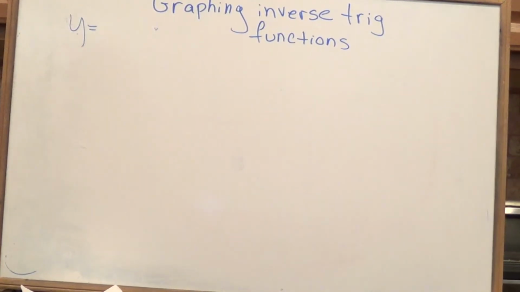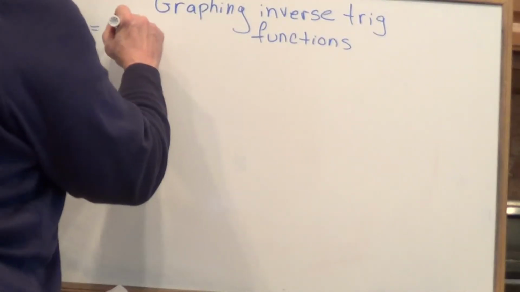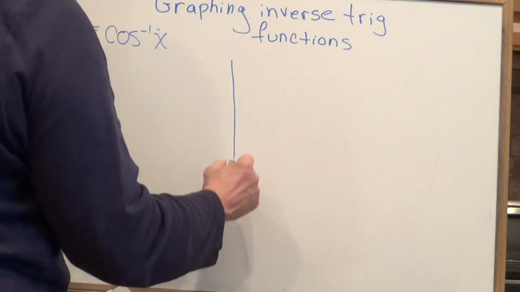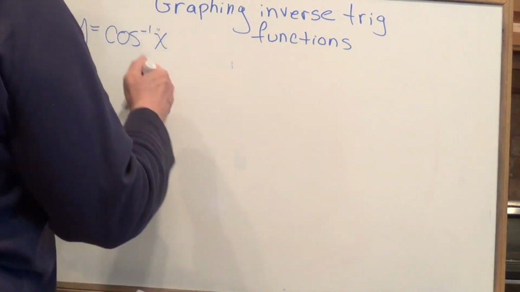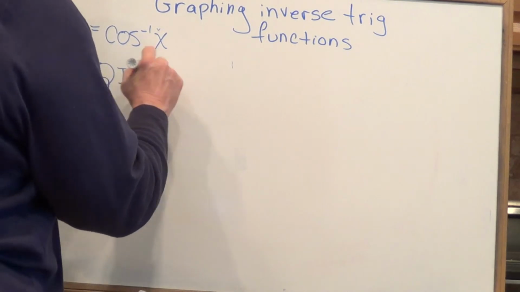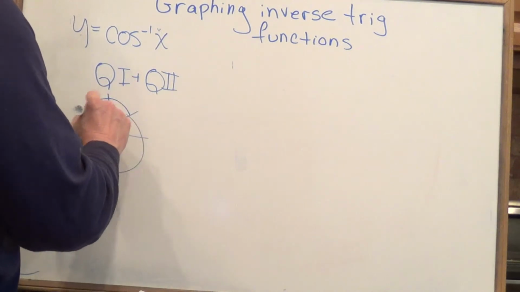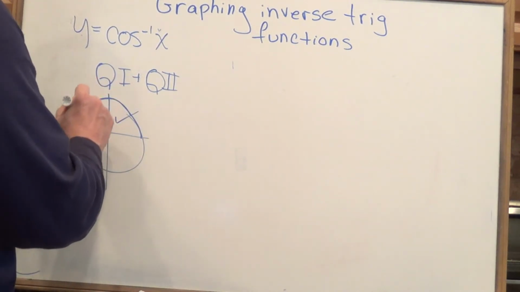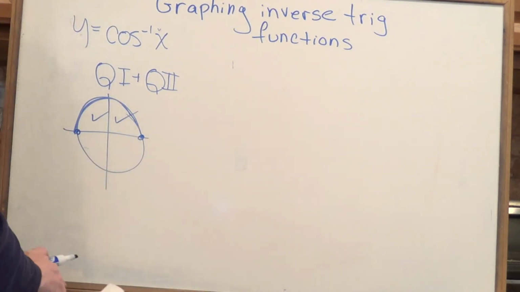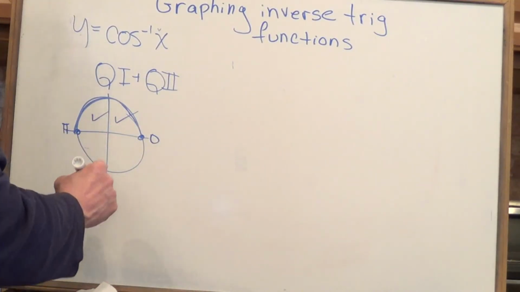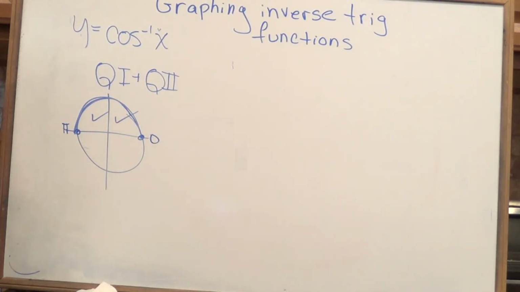You getting dizzy? All right, y equals cosine inverse of x is going to be similar. I'm going to remember that it's defined for quadrant 1 and quadrant 2. So on the unit circle, this is quadrant 1 and 2, so we're going to go from here to here. So what values of, what radian values are we talking about? Well, this is 0 and this is pi. So we're going to be in between 0 and pi to include these two quadrants, and those two quadrants only. So, comes Mr. Parchment out,